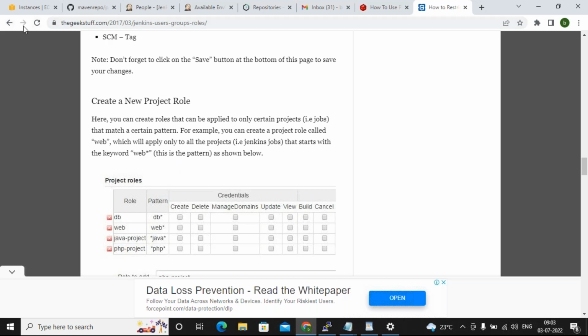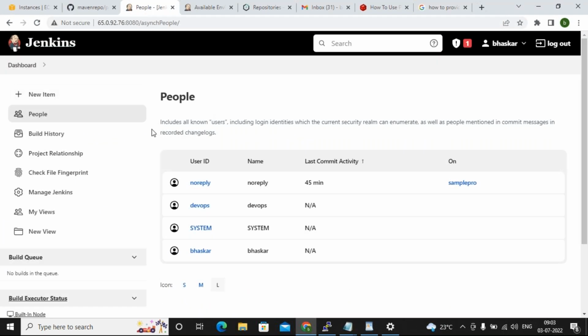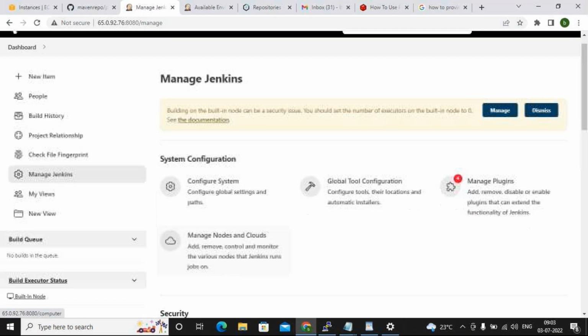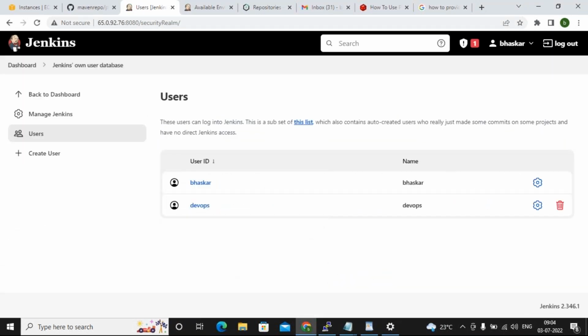One more thing, assume that I forgot my username, the admin username. If it is a normal user, he can reach out to the admin. Admin will go to manage users because admin has full access.